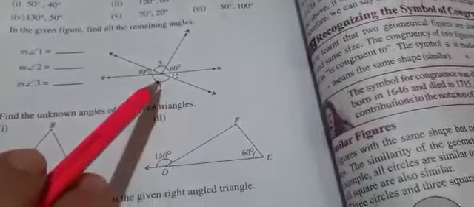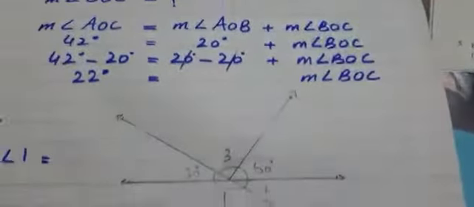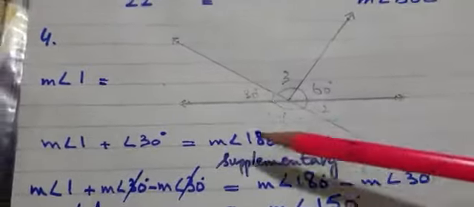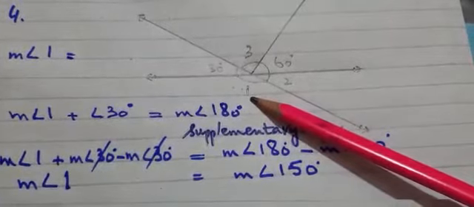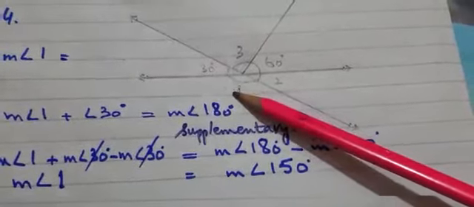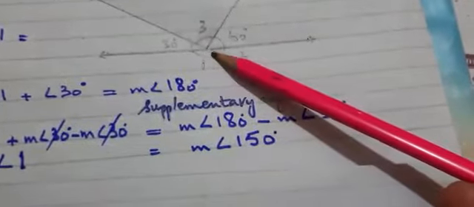Students, for finding unknown angles we have to take hints from the given, known angles. We have to find the measurement of angle 1, angle 2 and angle 3. These are our unknown angles. For finding the measurement of angle 1, first of all we will draw this diagram and then look at this angle. Angle 1 has two arms.